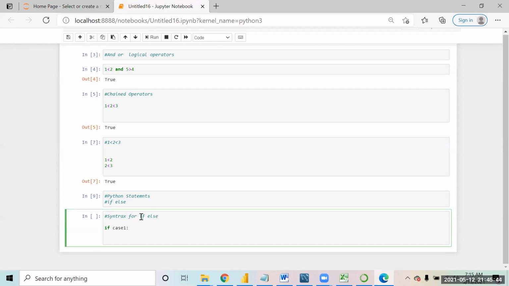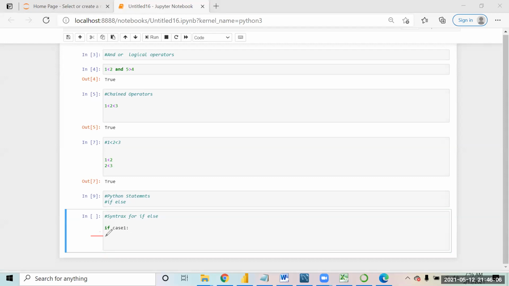Now over here, this if statement, if you remember, this is something that I said yesterday also. In Python, indentation plays an important role. If I say if case one and you hit enter, automatically you will notice that the cursor does not come exactly at the start, it comes somewhere in the middle. This is how the if condition is written. If by chance you change this left or right, it will give you an error.